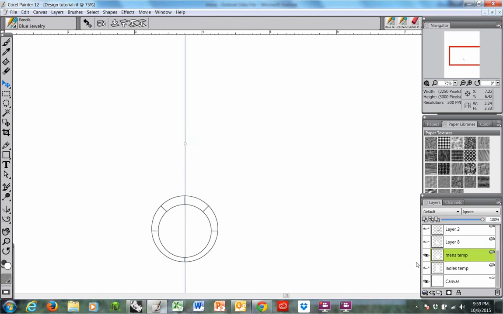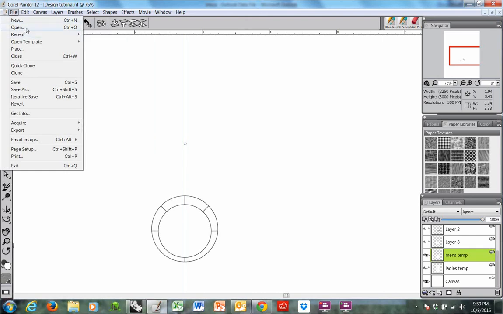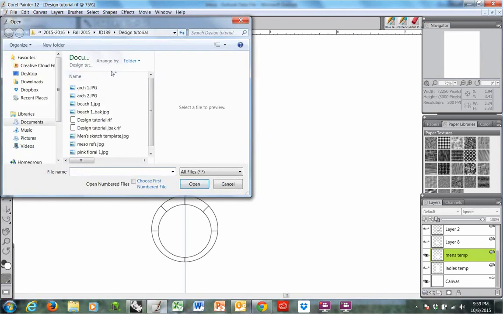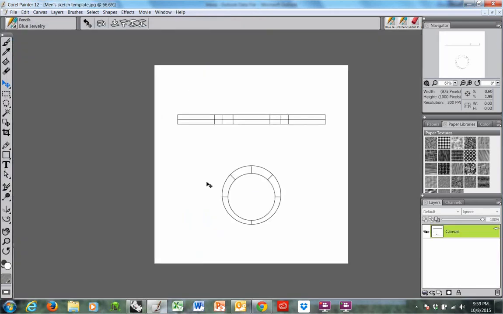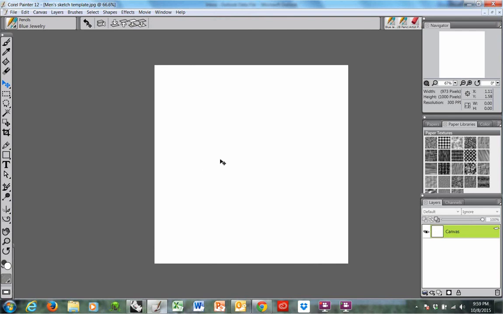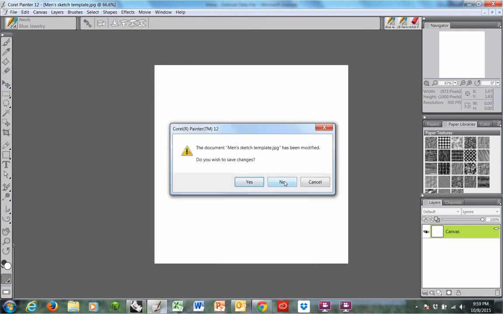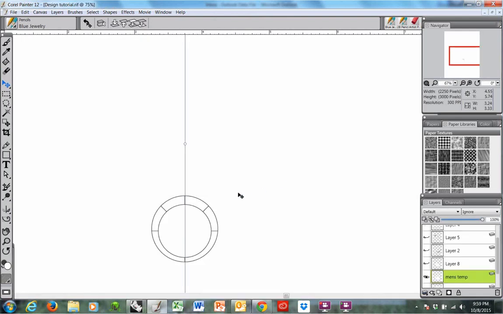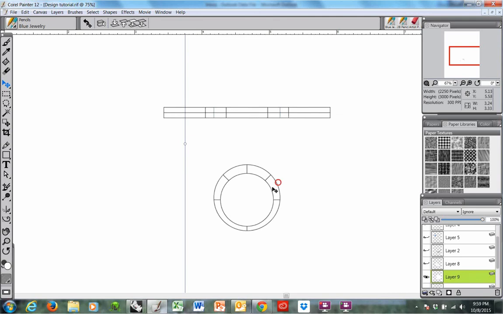And this is my men's template that got destroyed. I'm going to fix that quickly. So I'm going to open men's sketch templates right here. Okay, Control-A, Control-X, that cuts it from the thing. Control-W to close this file. No, I don't want to save it because I'd lose my template. Bring it in,